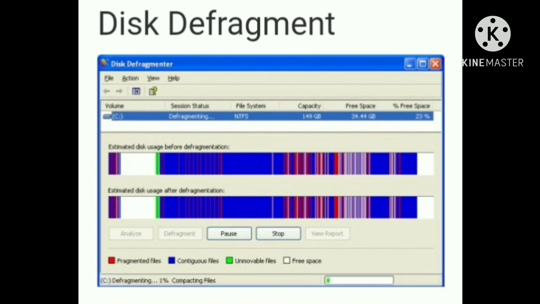To run disk defragmenter, first, close all programs. Second, choose Start menu, All Programs, Accessories, System Tools, Disk Defragmenter. Select the drive you want to clear and click OK. Click Close or Defragment. If the drive needs defragmenting and you choose defragment, this may take several minutes to several hours depending on the number of files to consolidate.